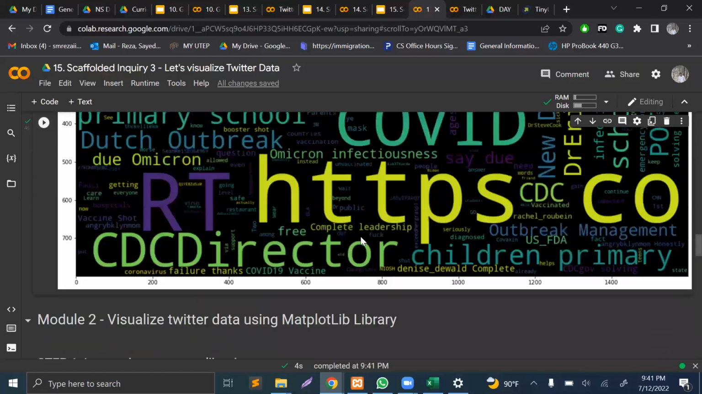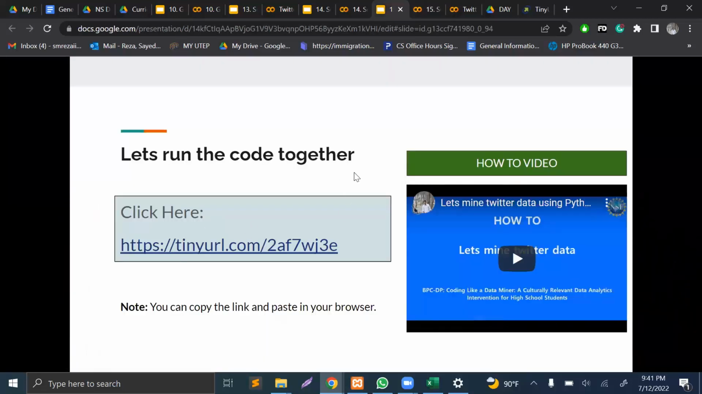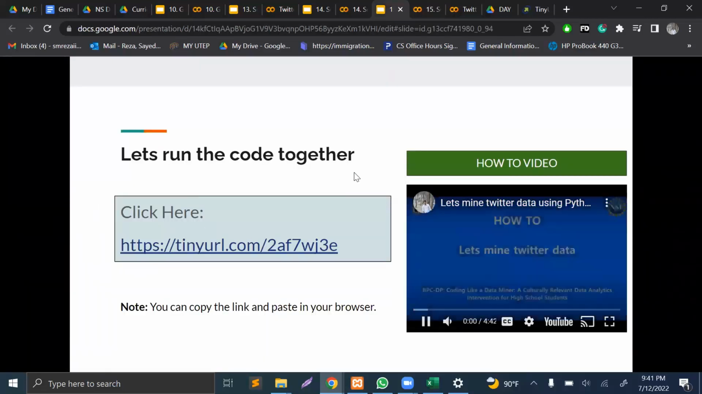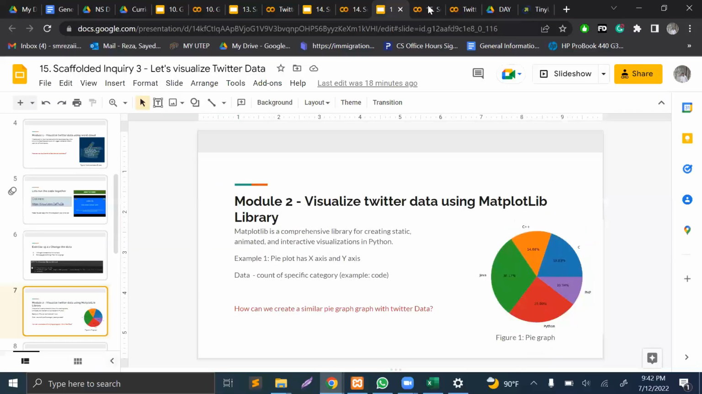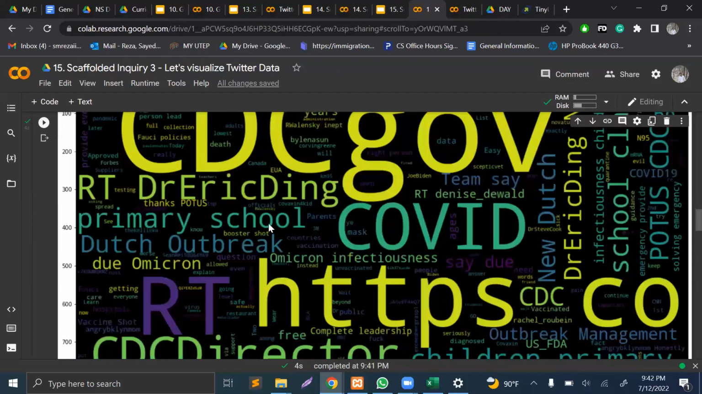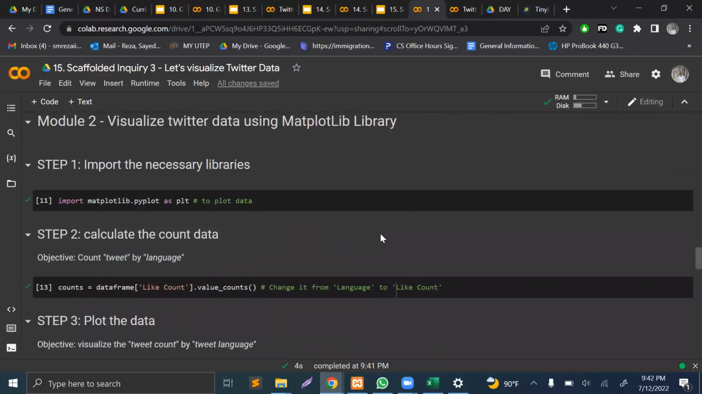So this is module 1, what we have seen here. In module 2, we visualize Twitter data using the Matplotlib library, and we want to create a pie chart. Let's see. So in module 2, we'll visualize Twitter data using the Matplotlib library. So we import the Matplotlib library,